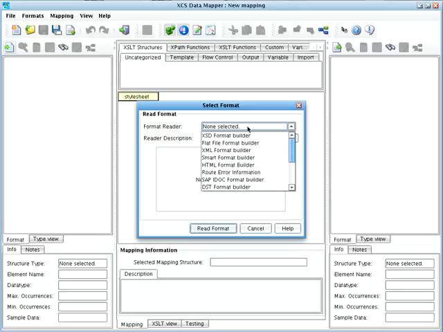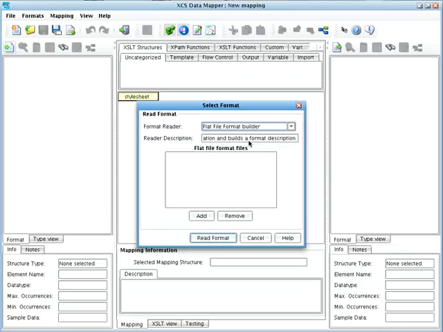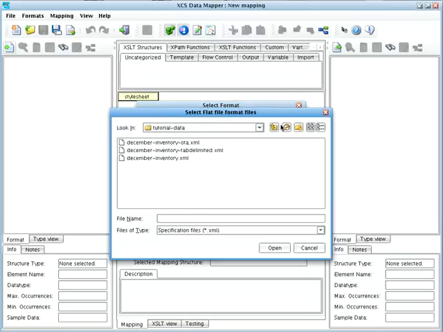When the Select Format dialog appears, we'll choose the Flat File Format Builder. This will allow us to use the file specification that we built in the previous stage to describe the structure of our input file. Similarly, we could use an XML schema, XML file, database, WSDL, etc. Once we've selected the Flat File Format Builder from the drop-down, we'll be presented with a list of flat file format files. Click the Add button underneath this area,